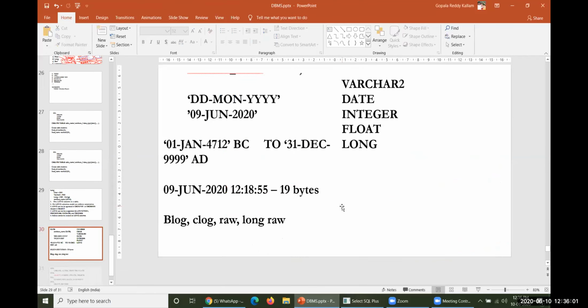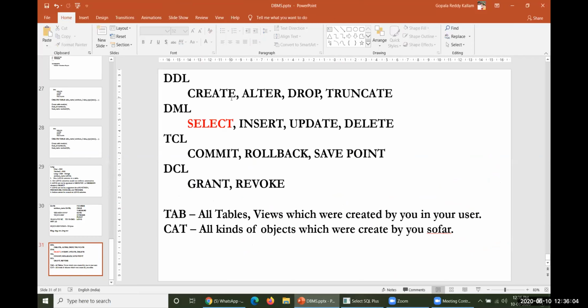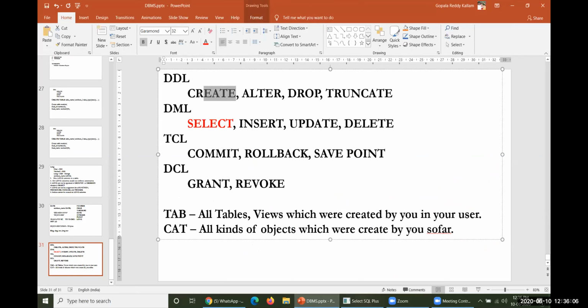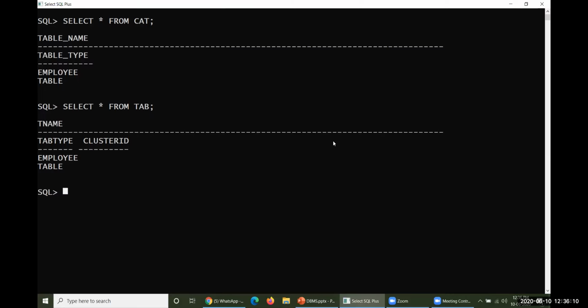Now, the second command which we have to consider here is the way you create a particular table. A table will get created something like this. You can see: create table, table name, followed by attribute 1, attribute 2, and so on. If you want to describe your table, DESC employee.